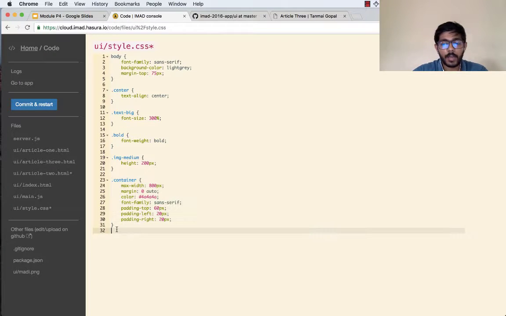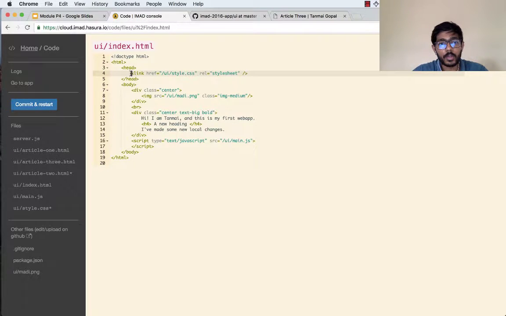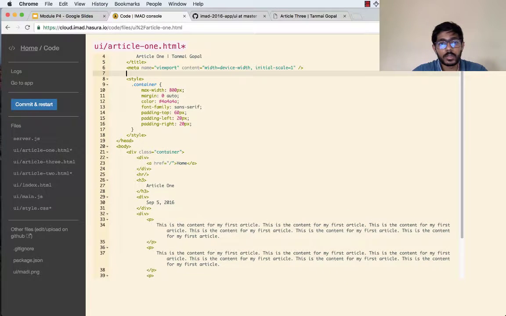I press Shift Tab to align that. And now, obviously, because I'm using style.css, I have to refer to this style file inside my HTML code. So I'm going to take this line, which is linking the file, and add it to